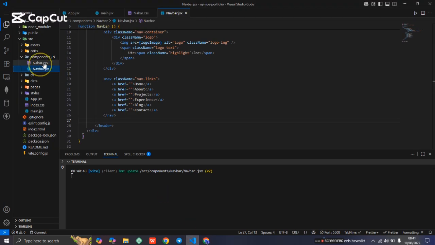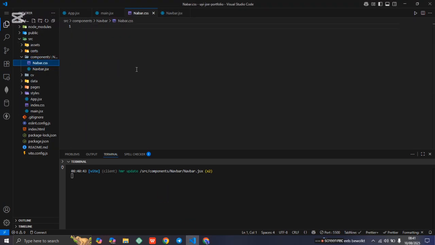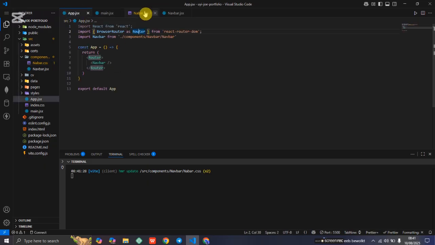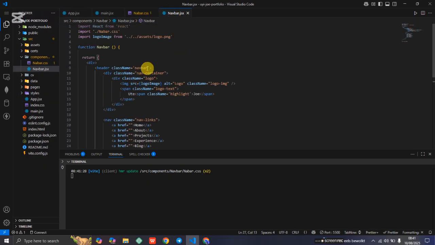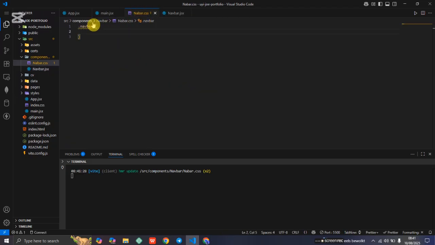Go to navbar.css and then we'll begin. First, we start with .navbar, and remember this navbar here. The first one was this dot navbar, and then come to this place. Sometimes it's better you just copy because you may have a typo. Navbar, and then